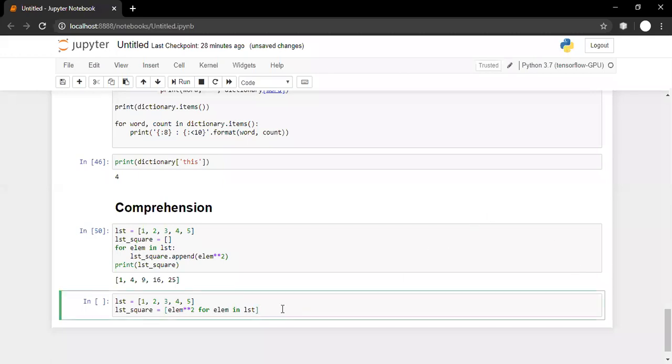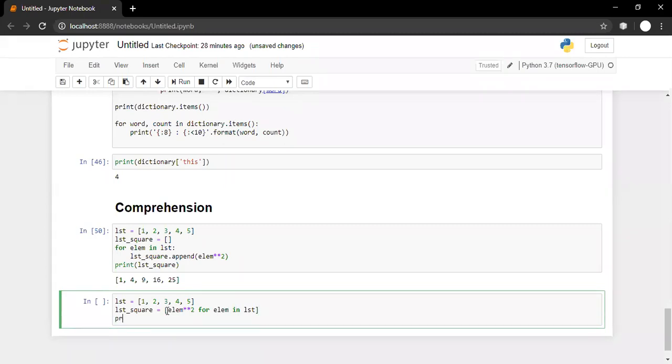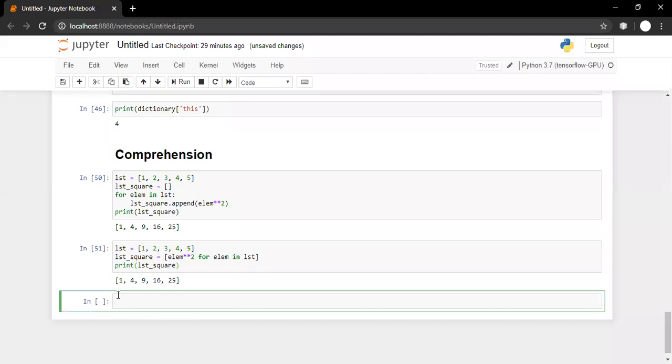So we are taking one element from a list. We are taking a square, and that square is appended in a list. So who is appending in the list? Python is doing it internally. Who is iterating through the list? Python is doing it internally. Now let's print lst_square. So the square of 1 is 1, then 4.